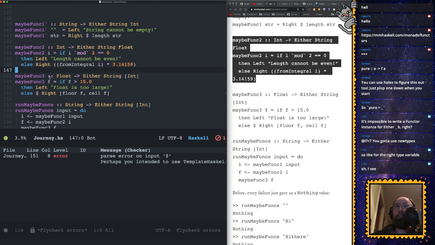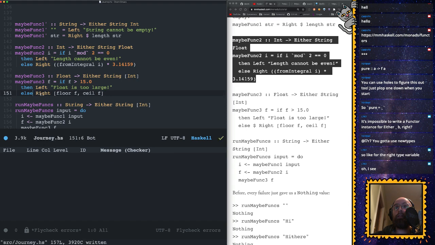Cool, so that's okay. And then function 2 again, so it takes a float and either a string or a list of Int. If f is higher than 15.0, then return our Left. Input. Oh, is it not recognizing that? I mean, you don't need it, do you? That's probably why it's not recognizing it. Otherwise, Right, and then it wraps the floor of f and the ceiling of f inside of